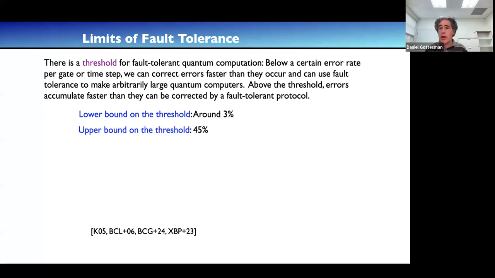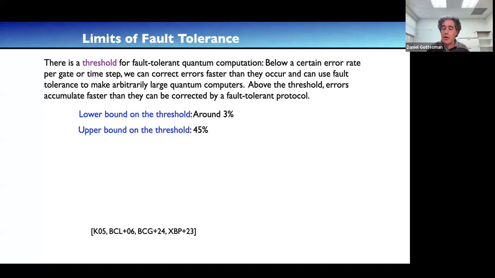Now, this is not a particularly practical protocol, but you can also ask, could we do better? As far as we know, the best upper bound on the threshold is 45% error rate. So 45% error rate means that slightly less than 1 out of 2 gates that you do is having an error.